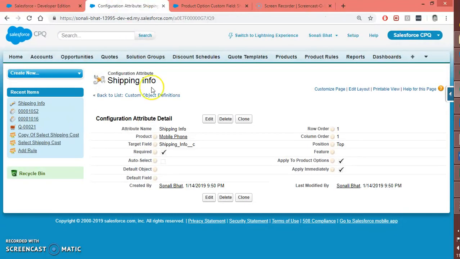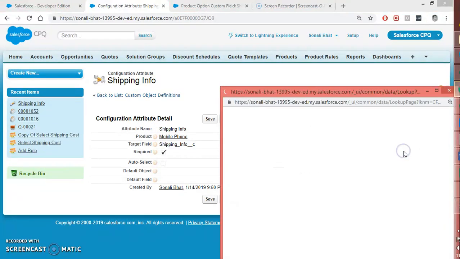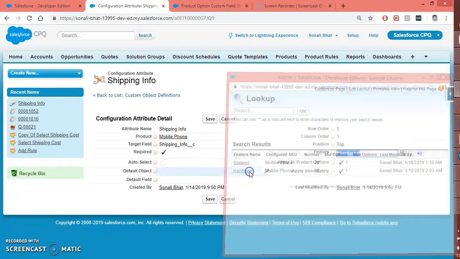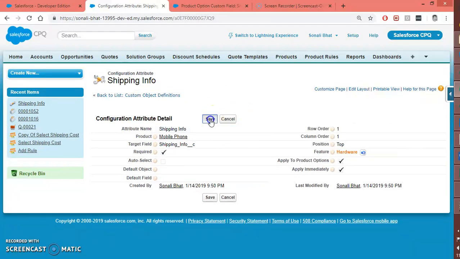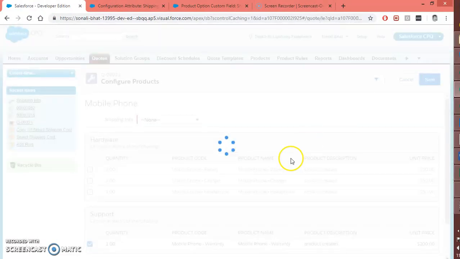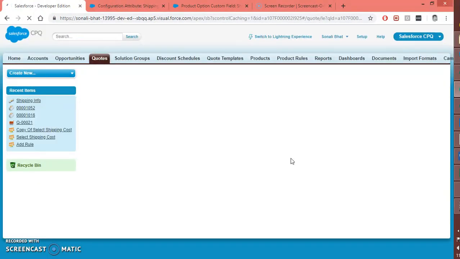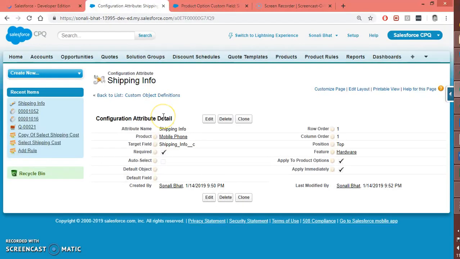So let's go back to the configuration attribute, and here you can set the feature as well. Let's say you need to place it inside the hardware. So let's go back and hit refresh.